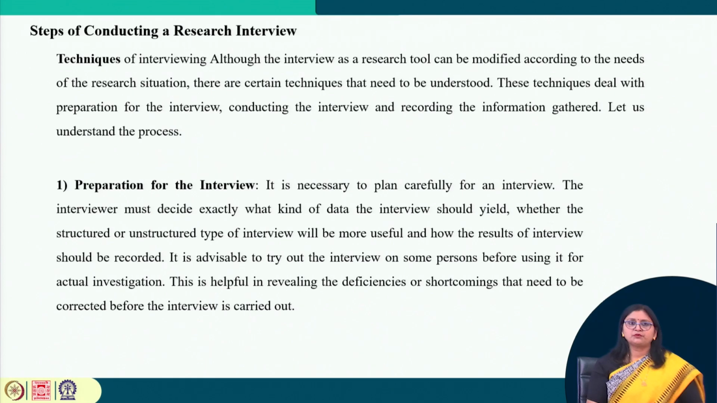First one is preparation for the interview. It is necessary to plan carefully for an interview. The interviewer must decide exactly what kind of data the interview should yield, whether the structured or unstructured type of interview will be more useful, and how the results of the interview should be recorded. It is advisable to try out the interview on some persons before using it in the actual investigation. This is helpful in revealing the deficiencies or shortcomings that need to be corrected before the interview is carried out